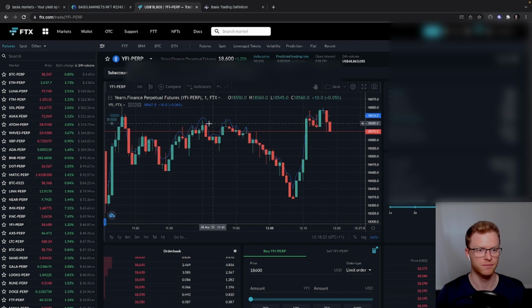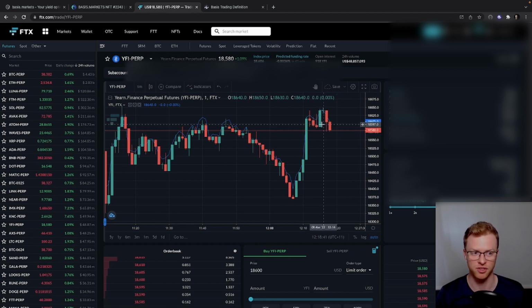The blue line is the spot price and the candles are the perpetual contract for YFI. We can see that there's a negative funding rate that exists right now on YFI, and we can take advantage of that difference that exists between the blue line and the current price of the spot price via a basis trade. Well, in that case, it will be a reverse basis trade because there's a negative funding rate,